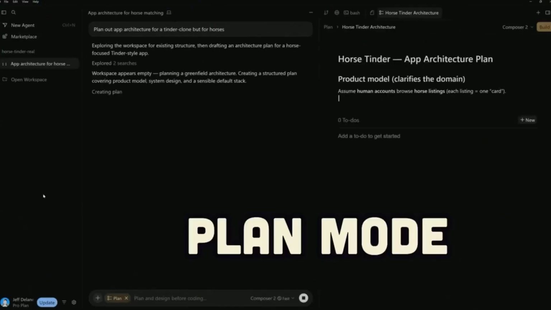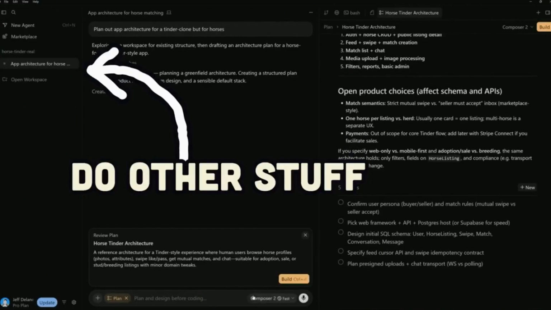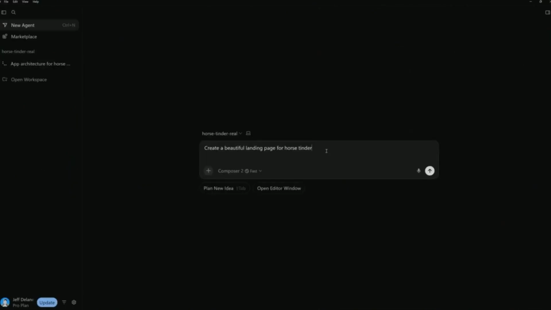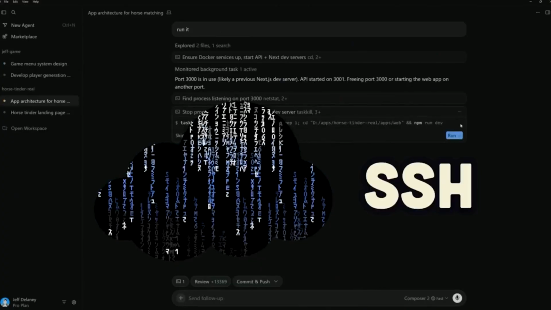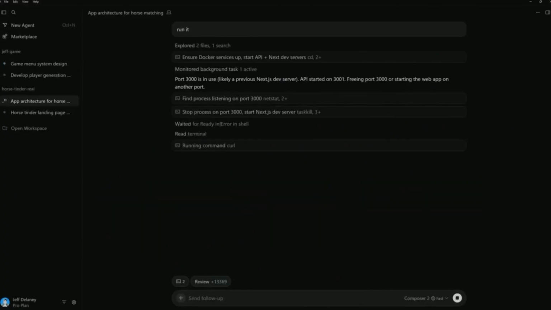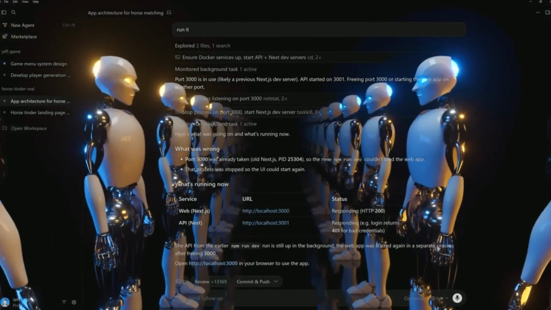While it's doing that, I can do other stuff in the background, like maybe I want to get a distinct landing page up and running for marketing. Or maybe I want to SSH into a cloud server and have it perform remote work on my server. Or maybe I just want to move to a completely different project and spin up an agent there. Well, I can do that all smoothly and juggle multiple agents in parallel right from this window.